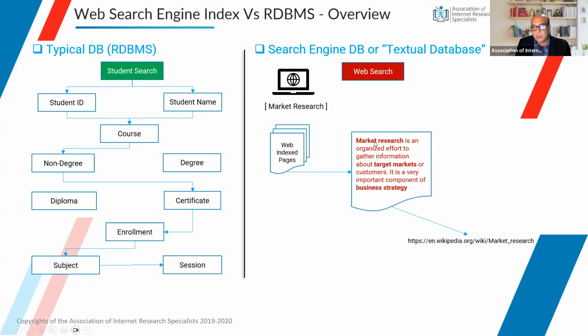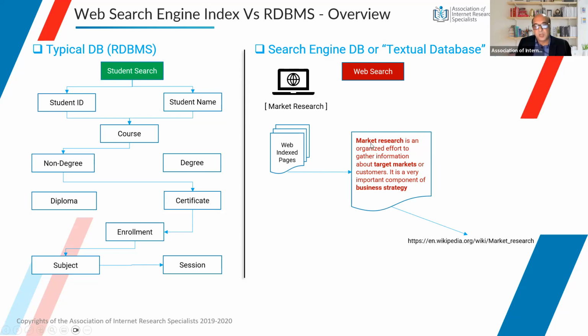So these individual words, like market itself, when separated from the word research, is a single data unit, or it is comparable to, let's say, one of these variables, which could be a course, non-degree, degree, whatever. These are not as detailed, or they do not have to give a meaning in the linguistic way. But when you compare it with what we have on this document, the word market itself is a single unit.